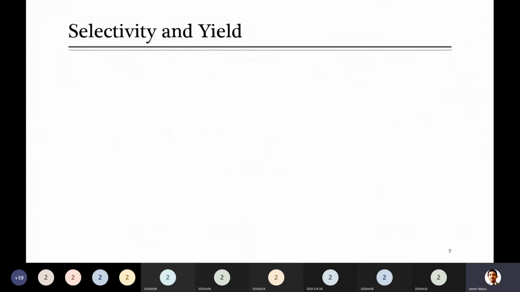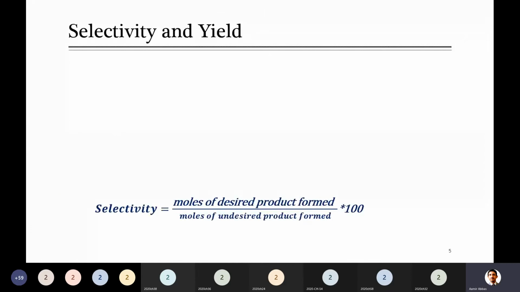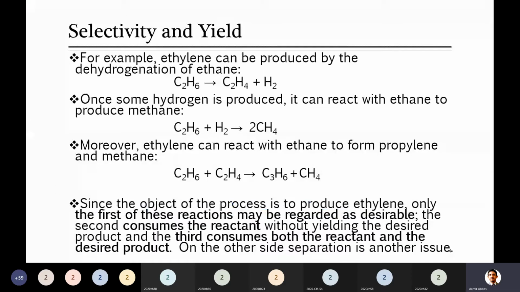For example, here it was 100 moles, and let's consider that 80 moles are consumed in the first reaction, and then 10 moles are consumed in the second, and 10 moles are consumed in the third. So in that case, how will you find it, or what will be the answer?